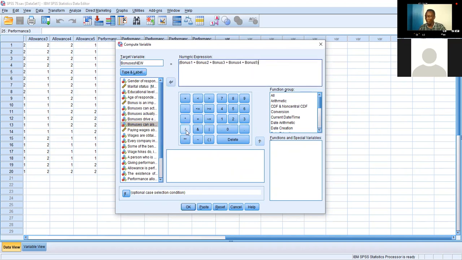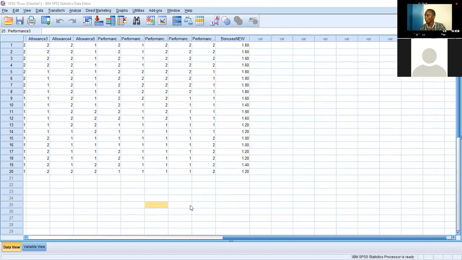Okay, click outside the bracket, everything divided by 1, 2, 3, 4, 5, divided by 5. Okay, because these are 5 items, so you're supposed to divide by 5. If they are 10, divide by 10. If they are 7, divide by 7. Okay, and then you click OK. So when you click OK and go back to our data,